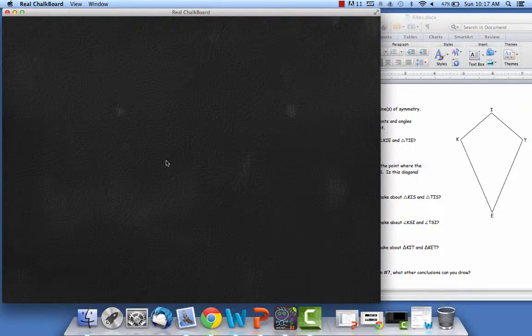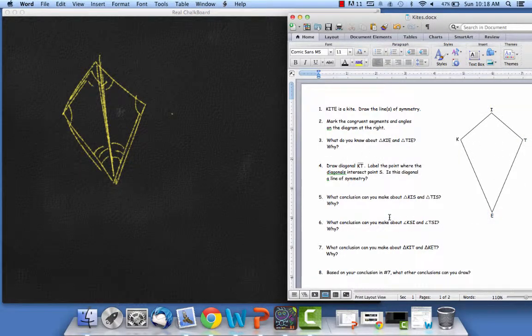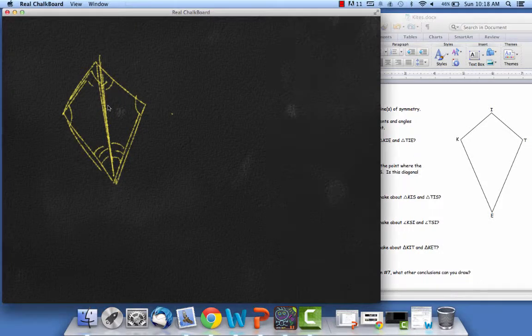What a kite is: something which has a line of symmetry like this. So these are the same on both sides here, which means these are the same. And of course, these are the same. These are the same. So the question about KIE and TIE is that they're the same. If I draw in KT, then these are the same, and these are the same. So these triangles are the same as each other. These triangles are the same as each other, so congruent, congruent,